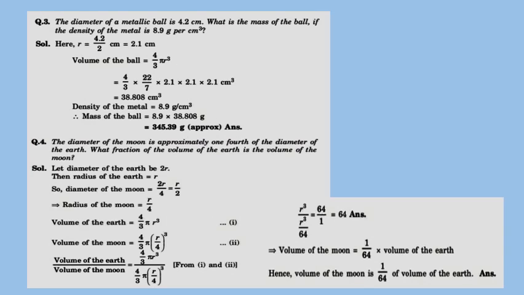The diameter of a metallic ball is 4.2 cm. What is the mass of the ball if the density of the metal is 8.9 gram per centimeter cube? So first we will find out the radius from the diameter. The radius is 2.1 cm. Now volume of the ball is 4 by 3 pi r cube. Substitute the value of r and calculate the volume. Now density of metal is 8.9 gram per centimeter cube. So if you multiply this 8.9 by the volume, we will get the mass of the ball, which is approximately